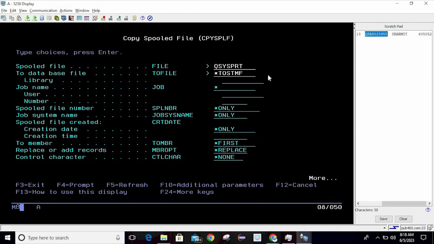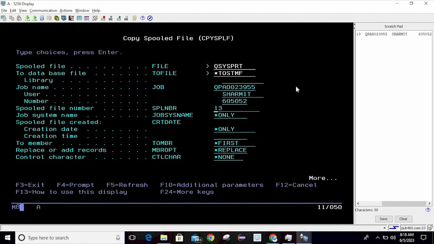For that I'm copying this job name, then we will copy the username, then the job number, and here we need to pass the spool file number. Once this information is inserted,